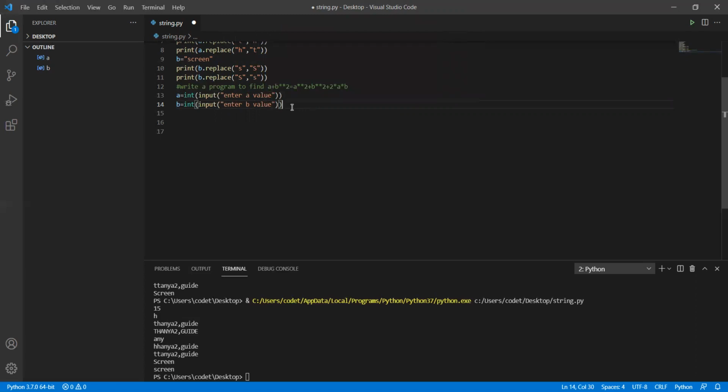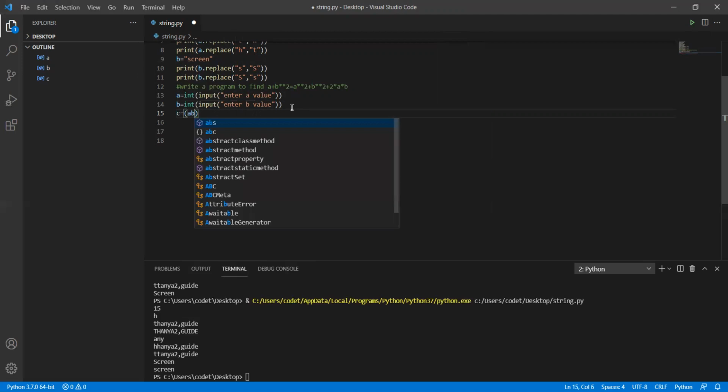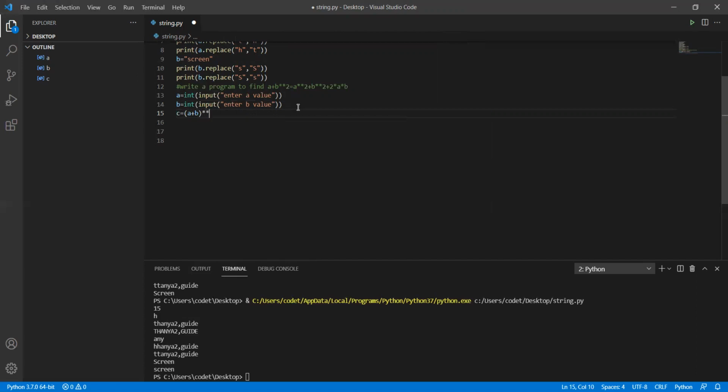Now we have declared two variables. The third one, c, is another variable in which we write a plus b whole square.